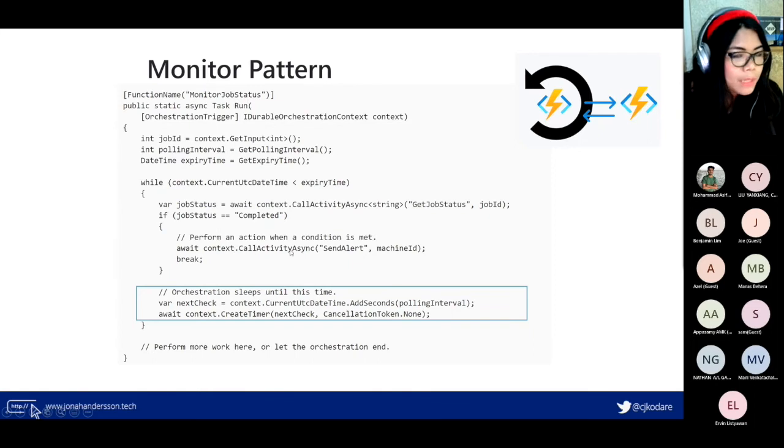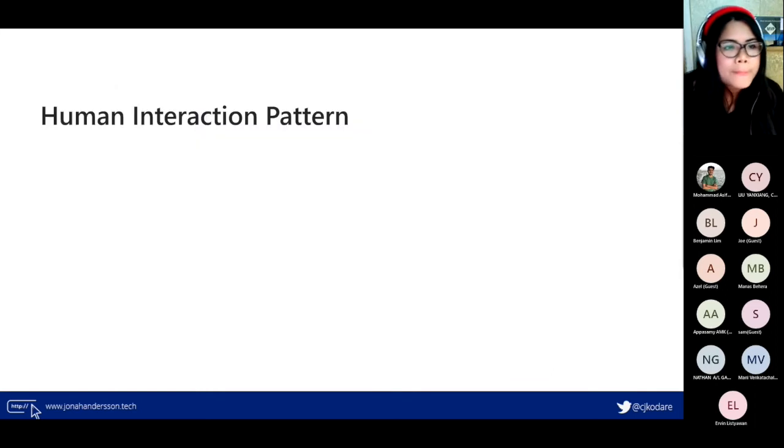When it's completed, you can send an alert, calling an activity for that. Otherwise, the orchestration sleeps until the timer that you set. So this is good for long-running monitoring scenarios as well.